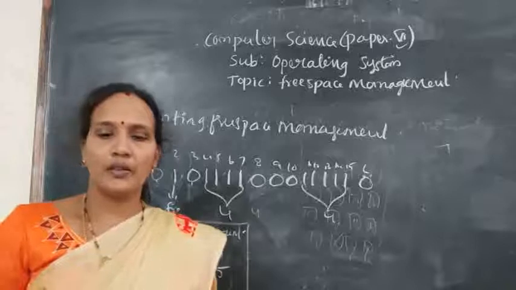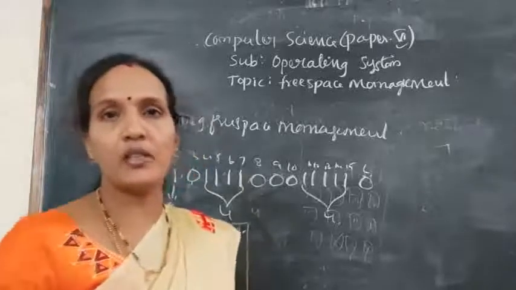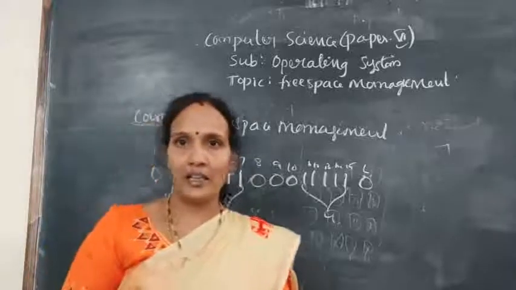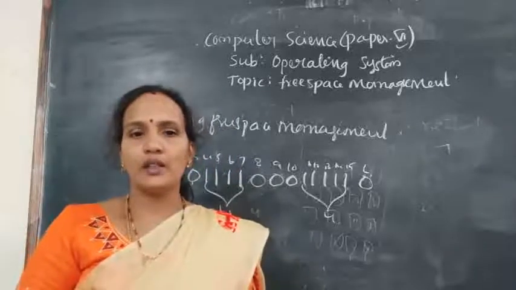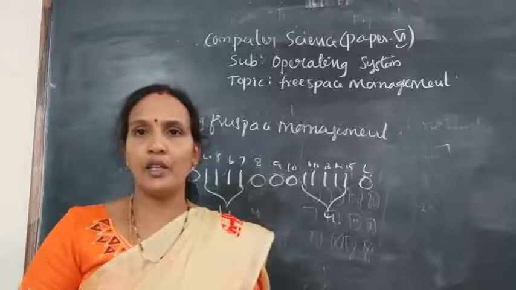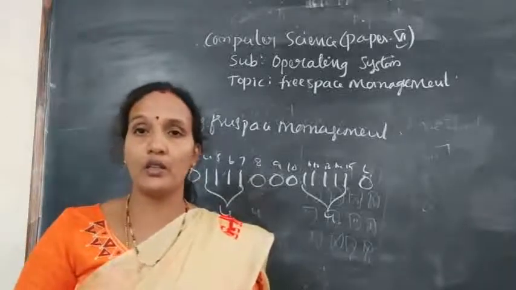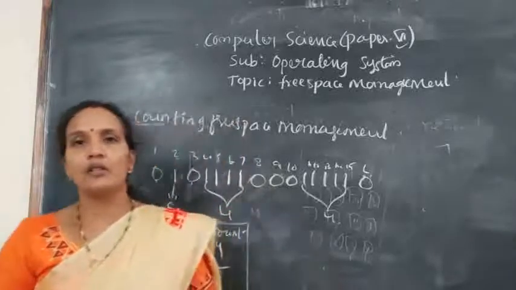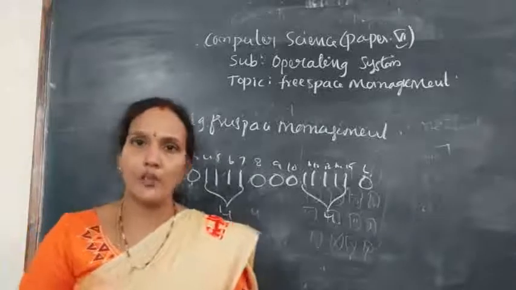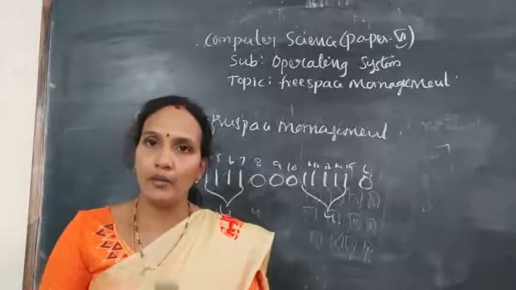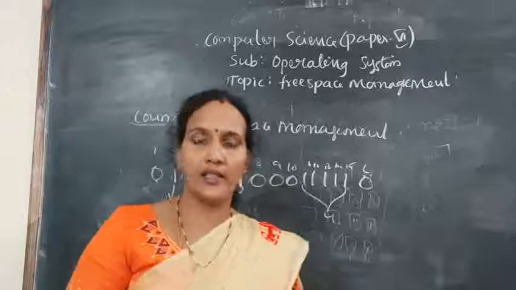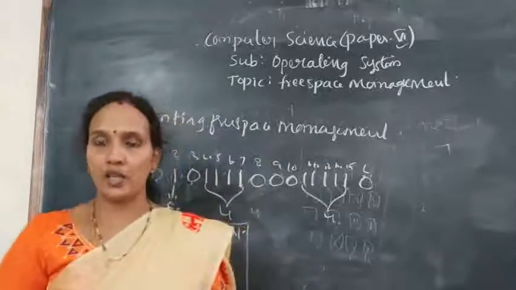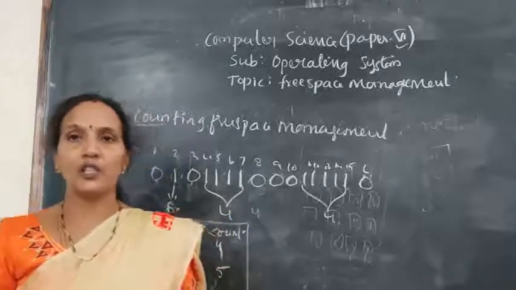So whenever a file is requesting memory, obviously it will search for continuous blocks only. If continuous blocks are not there, then only it will go for scattered blocks. But mostly this method is used to maintain information about the different contiguous blocks. Okay, so this is about free space management. It means when free space is there, when a file is deleted, how to collect that, and if free space is available, how to manage it is called free space management.